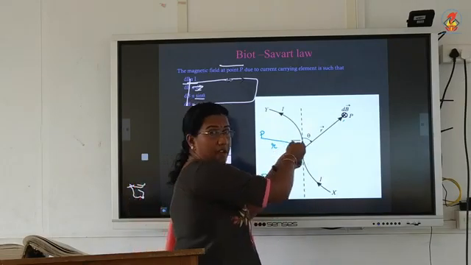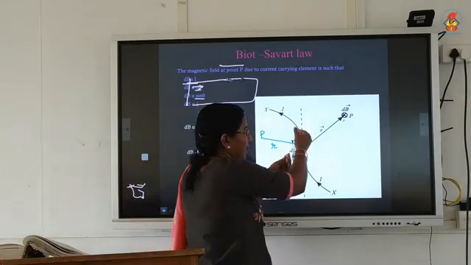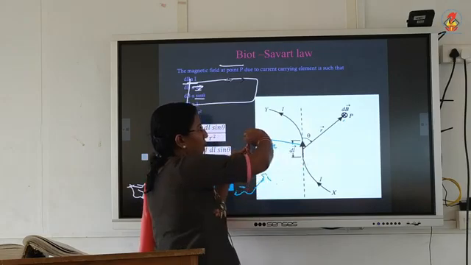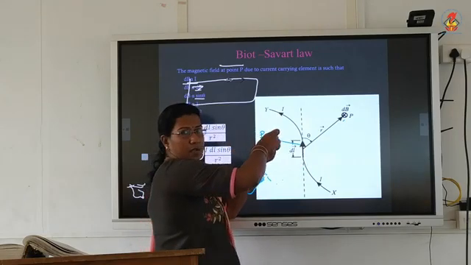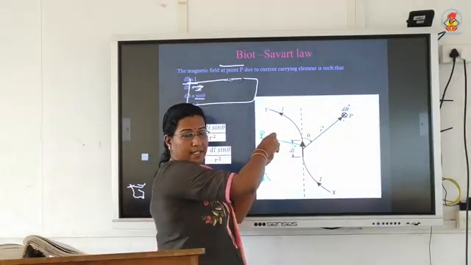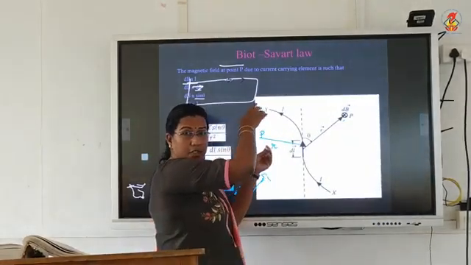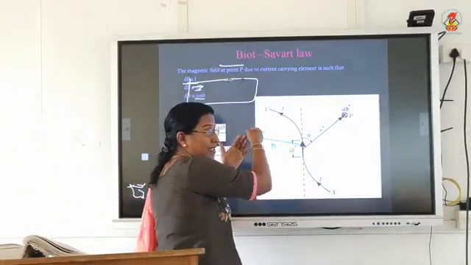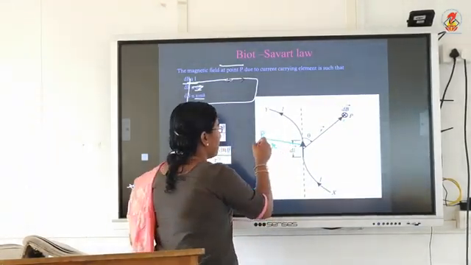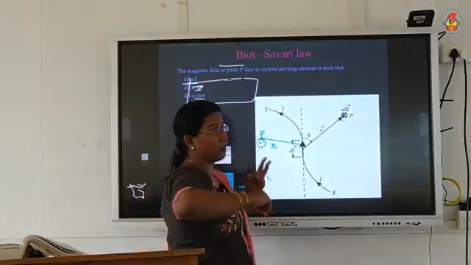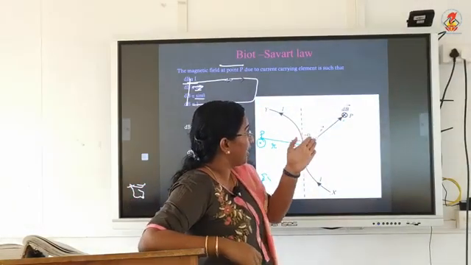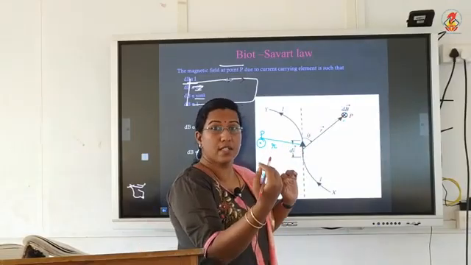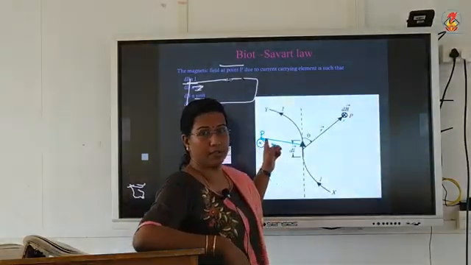This is r, and what we are doing? We are crossing from dl to r. I am crossing my screw from dl to r. So what will happen? The tip of the screw will come out, isn't it? So the field will be perpendicular to the plane of the board, but coming out. And to show the field is coming out, coming towards you, use a dot. So these two things you have to keep in mind. If the field is going into the plane, then we use the cross. If your field is coming towards you, we would use dot.